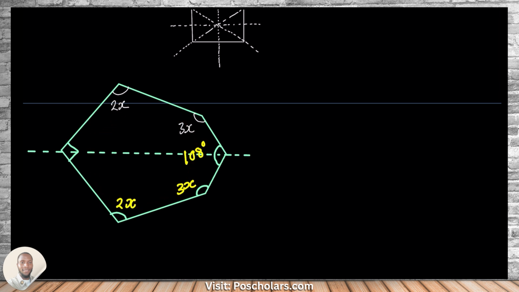And the formula that will help us find the sum of interior angle is n minus 2 times 180 degrees, where n represents the number of what? Sides, right? So we have 6 sides. We substitute, we then have 6 minus 2 times 180. If we further solve this, we have 4 multiplied by 180. This gives 720 degrees. So now we know the sum of interior angle,